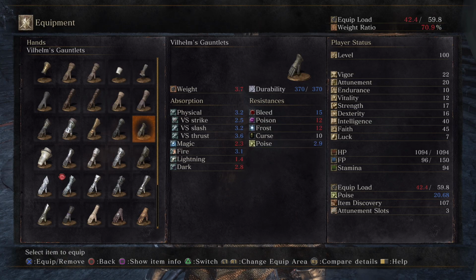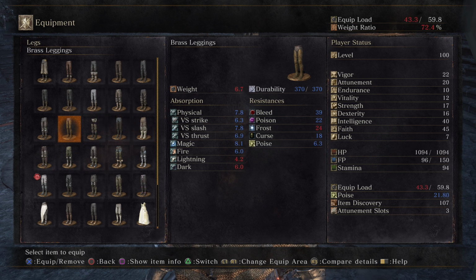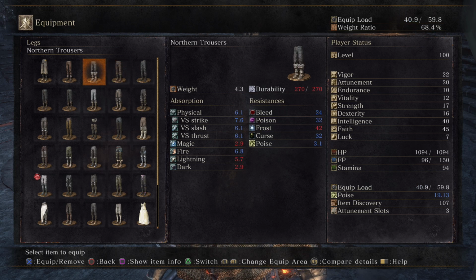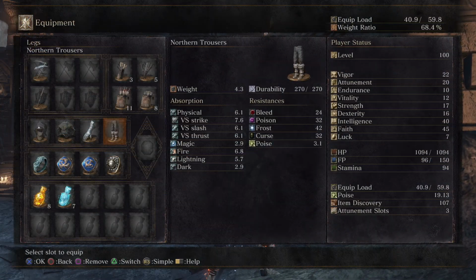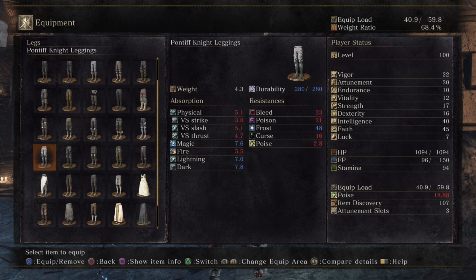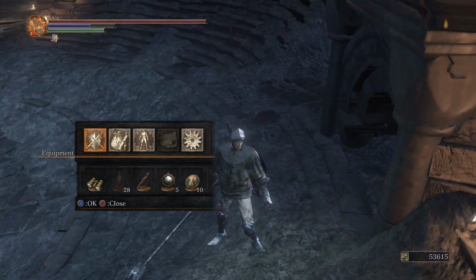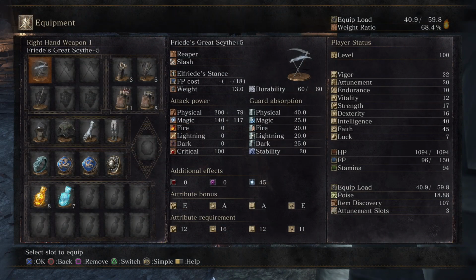Wilhelm Gauntlets at 3.7, that's heavier, okay. So maybe different leggings? I think everything's gonna be follower boots or less, yeah. Wearing shoes, Elzorn. Wear the northern trousers. These are physically better in like every way. Kinda looks silly, but I mean, I guess the Pontiff Knight ones look kind of silly too. At least with this armor, but...